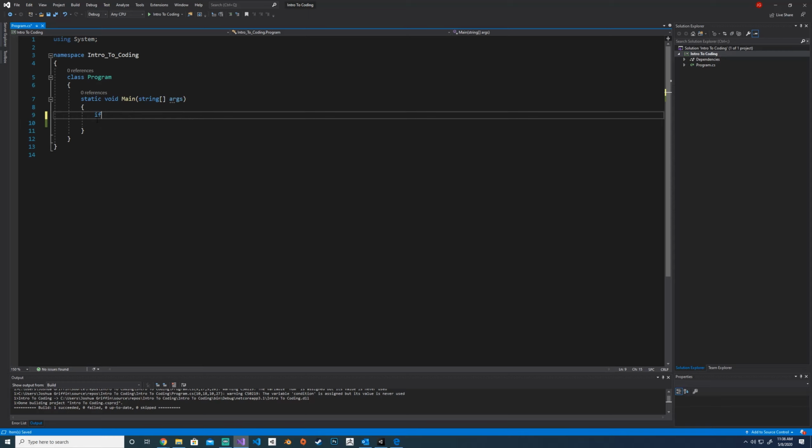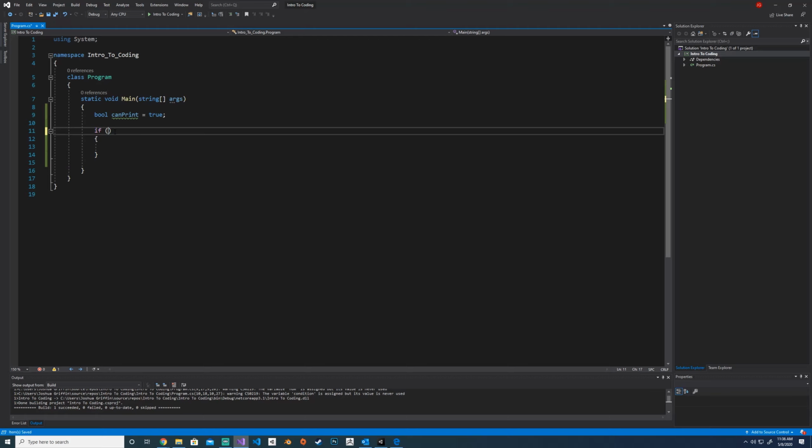Condition statements look like this: if, and then you hit tab twice, it says true. So whenever you hear me say we're going to check, or we're going to compare, that's going to be an if statement, because an if statement can say, if a certain value is true. So we'll type in a boolean, like can print equals true, right? And then we say if can print,